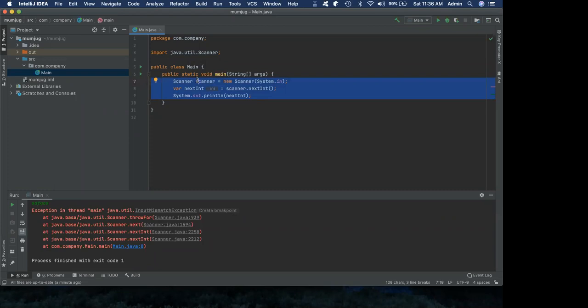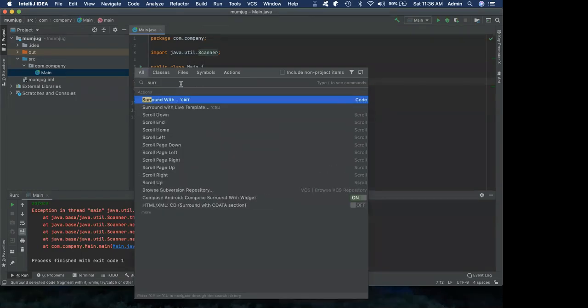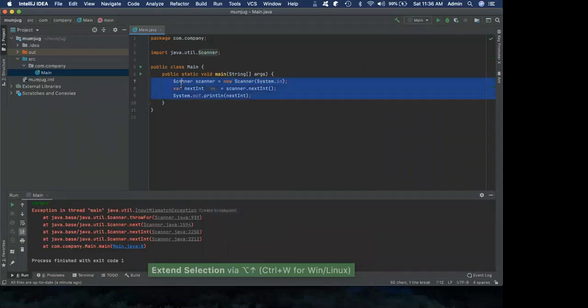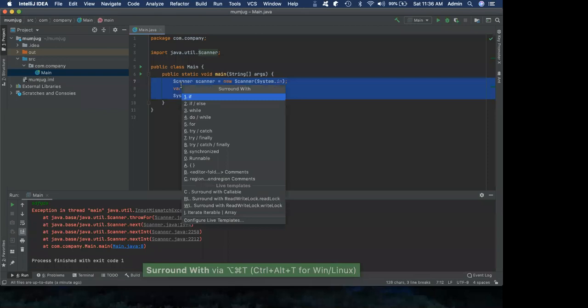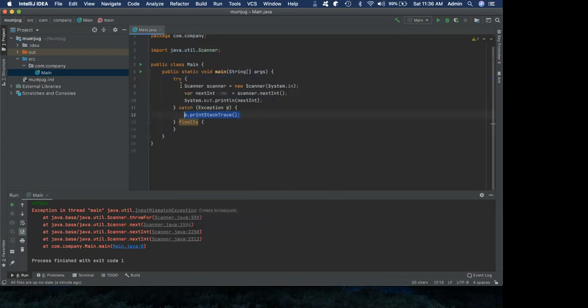So surrounding it with try-catch, right? Strange, is there some error? It's wrong. I think this is the wrong shortcut. Okay. Try-catch with try-catch. Yeah. So I'm selecting the block and I'm surrounding it with, this is surround with a template. So you can see the numbers here, 1, 2, 3, 4, etc. So I can either manually go till 8, or when I started here, I can just press 8 and I'll be able to surround with try catch. Right? So try this out.